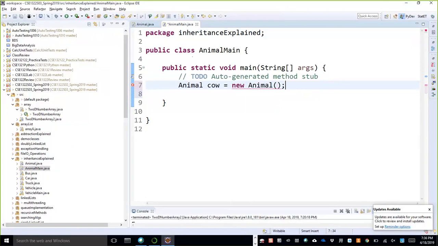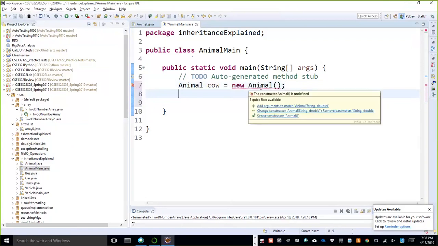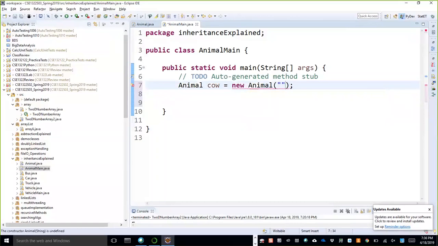Since I have a constructor here, I need to provide one string type and another double type, weight. So let us say my animal type is cow. Let us put the weight in pounds. Maybe a cow is about 2,000 pounds. We don't need to put a pound sign like LB.